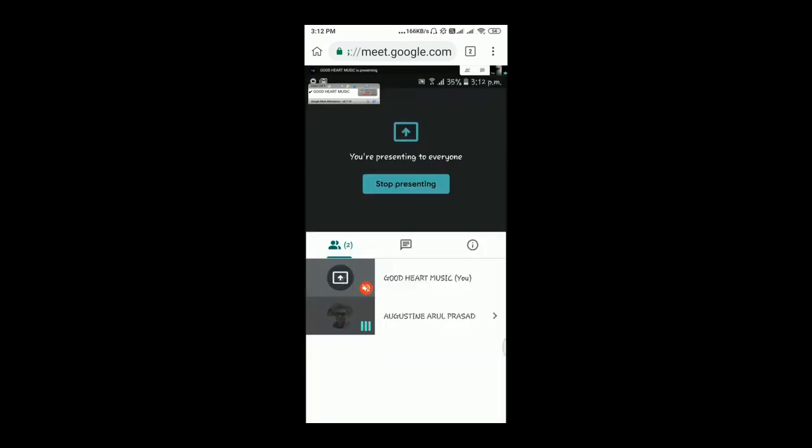So if you are going to use your mobile phone for Google Meet class, then you may be required to use 2 mobile phones, because one phone may be used for taking your attendance, and you can come out after taking the attendance.